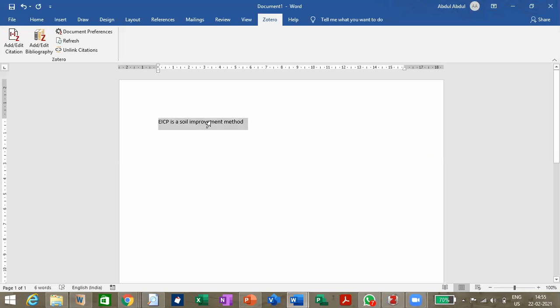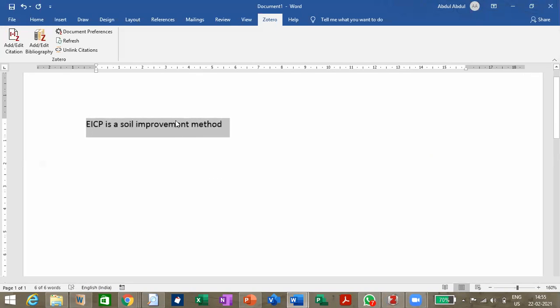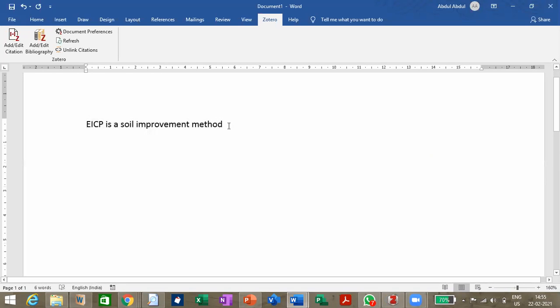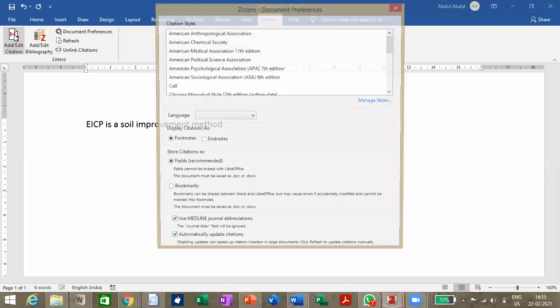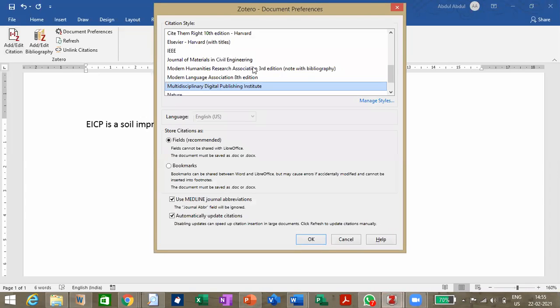Now just assume this statement is written after referring to that paper. Now I have to cite it here. So I'll select this add or edit citation. Are you able to see this? Yes. So as soon as I click on this, it will first ask which format you want for citation: Journal of Materials in Civil Engineering, IEEE, or you have to search.